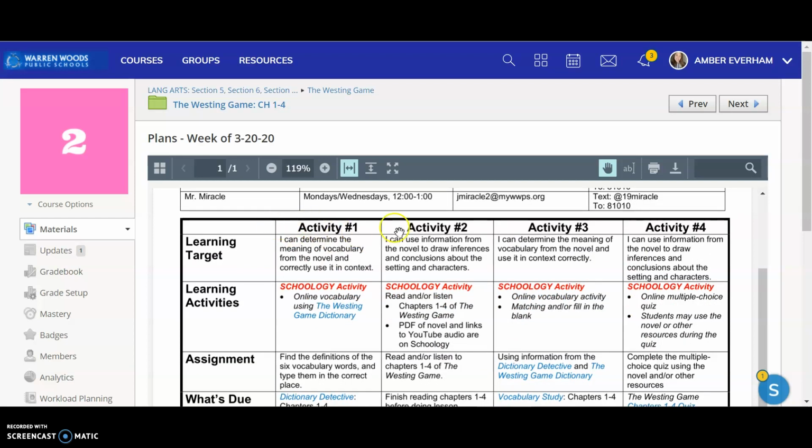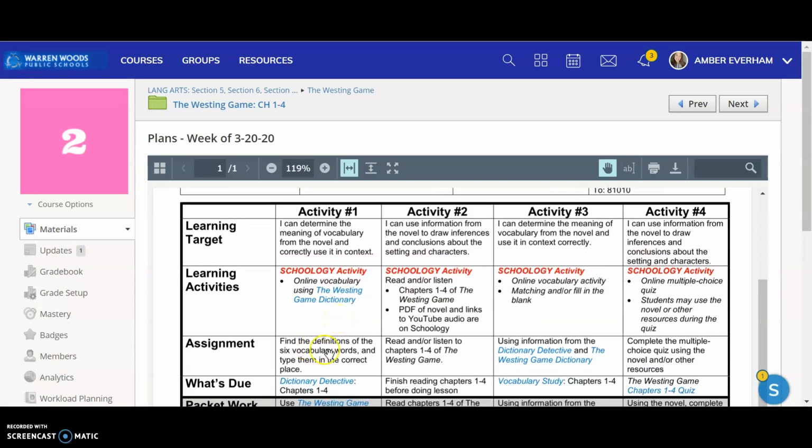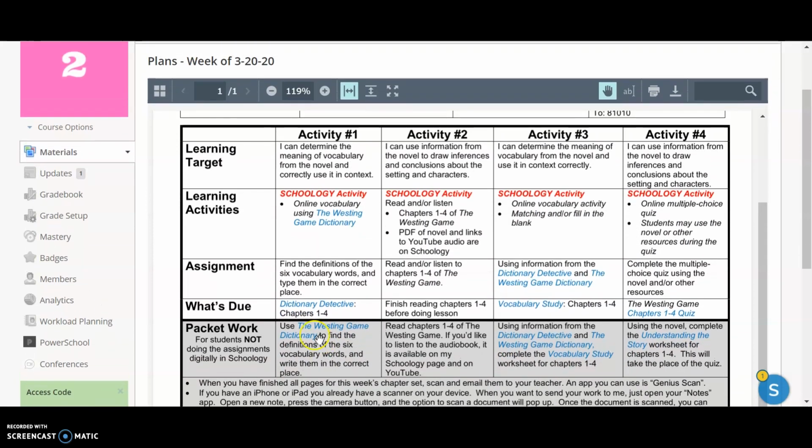So you'll see the learning target. There's 4 activities that you need to do. There's actually a 5th one, which is that weekly check-in, but I didn't put that on there. It has your learning target. It has the activity that you need to do, which is a Schoology activity for each one of those. It says online vocabulary using the Westinghouse Dictionary, what the assignment is,